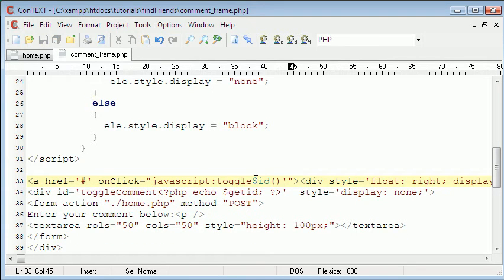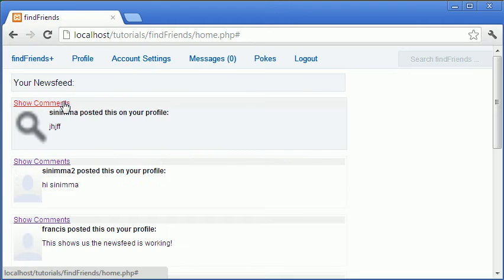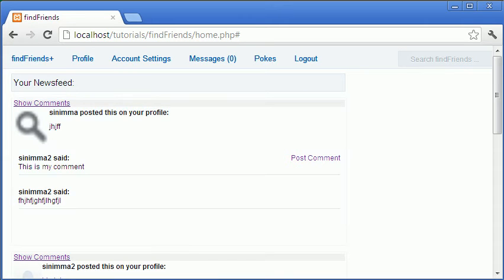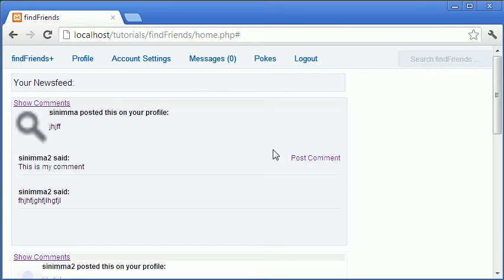And obviously we have to change this to get ID and surround it in PHP tags. So that should work, hopefully. So if we refresh now, hit show comments, it's disappeared obviously because we set it to display none, so the text area doesn't show up. But if we hit show comment,